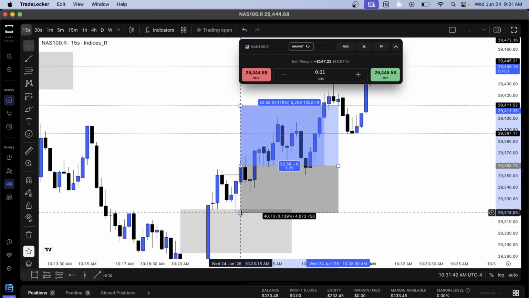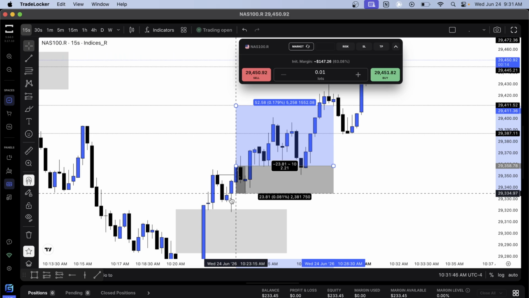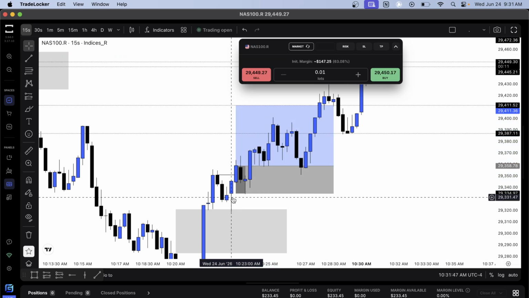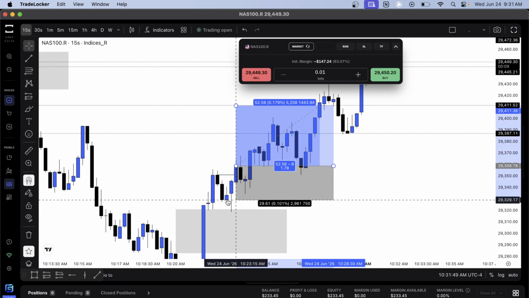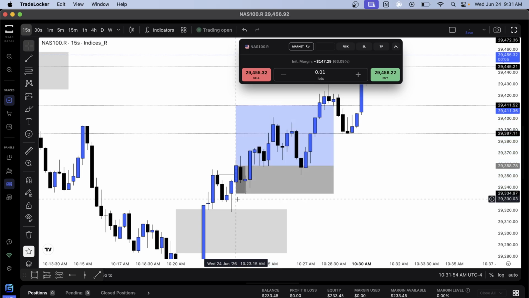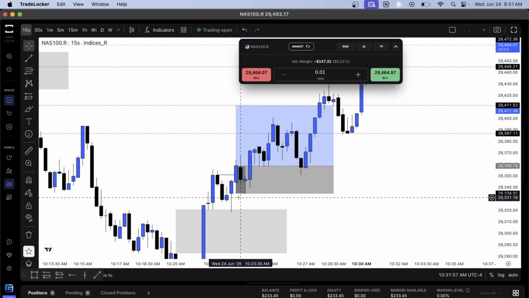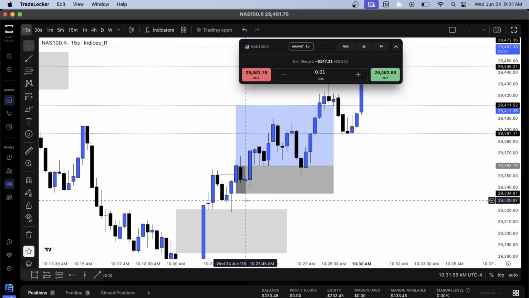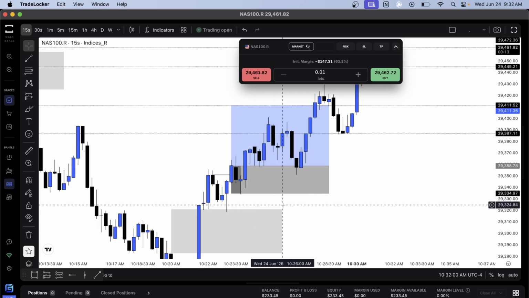So instead of placing my stops at the low, at the safest place, I ended up putting my stop loss at the body low, which I should have put right here, but I wanted to be cautious and cover some risk, and I ended up putting it at this body. And as you can see, I ended up getting wicked out of this trade.